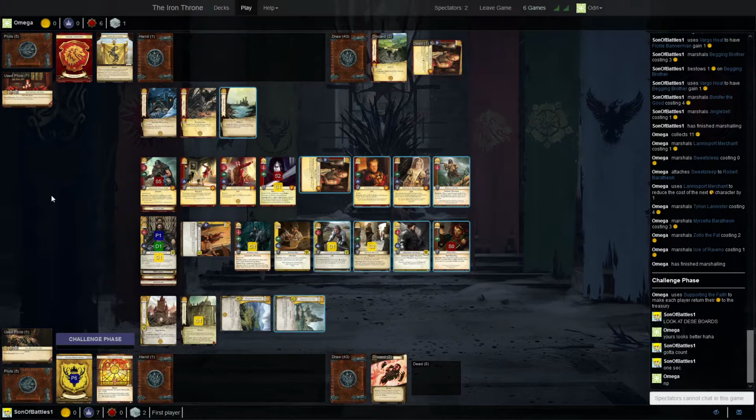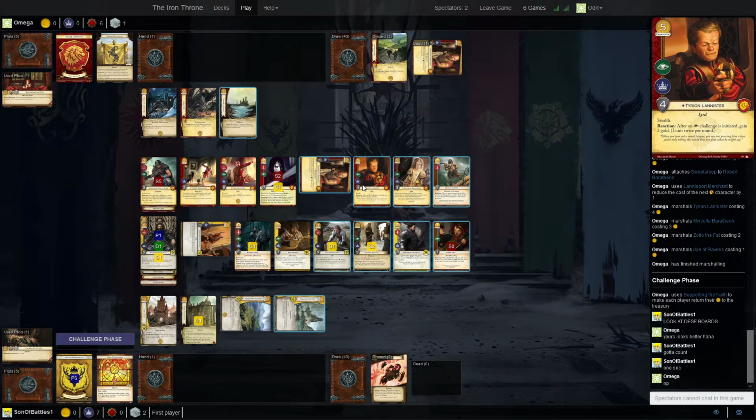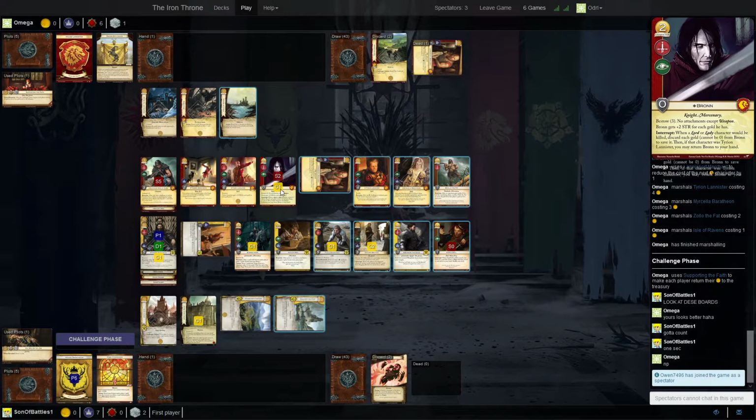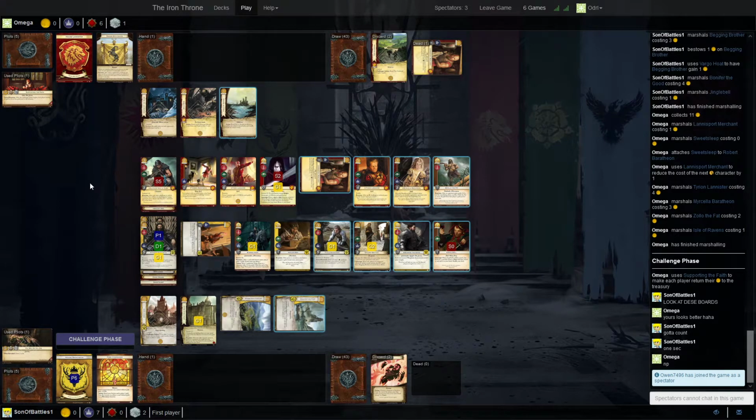So Peter could do the other challenges as well for some defenders here. Let's check the keywords again. So there is Insight on Bonifer. Currently with You Win or You Die, not that great. Stealth with Tyrion. Okay, no, attachments is not going to help. And of course we have Renown. And we don't have